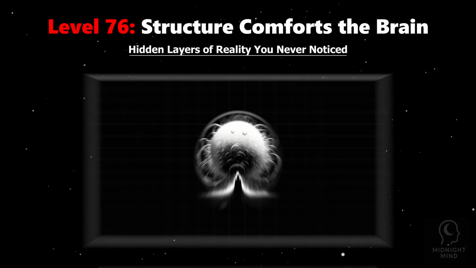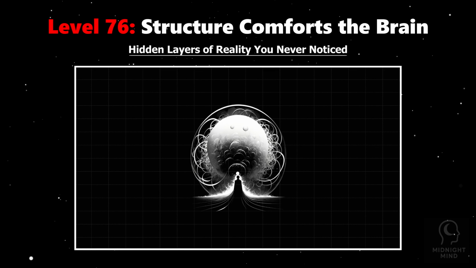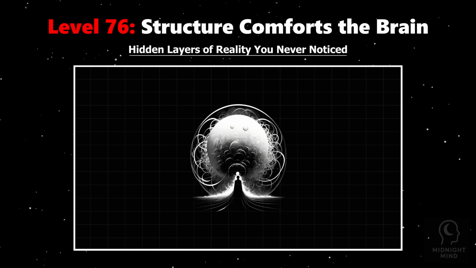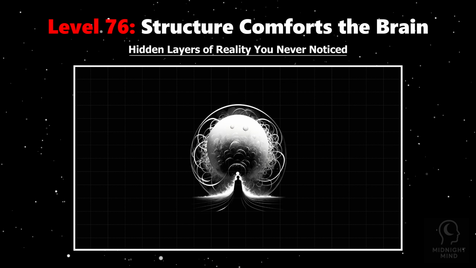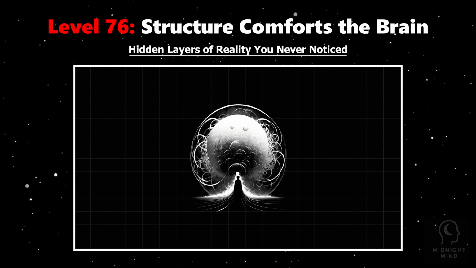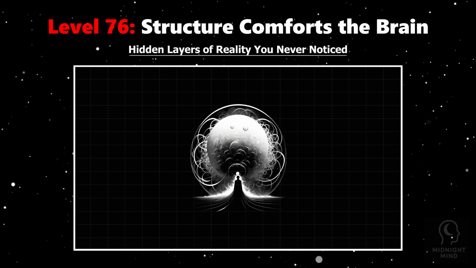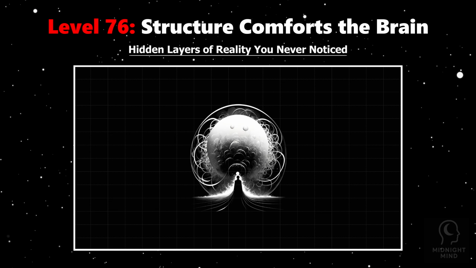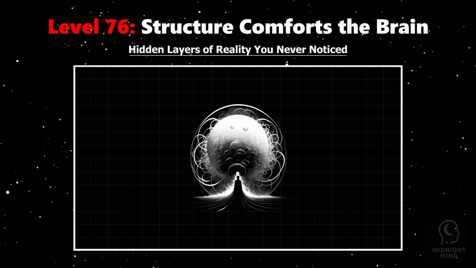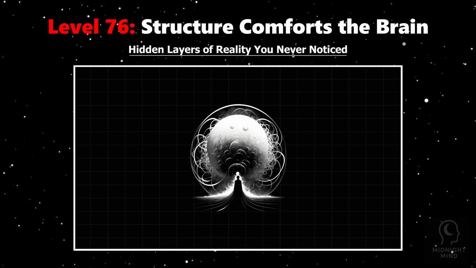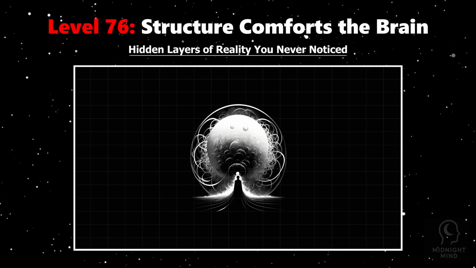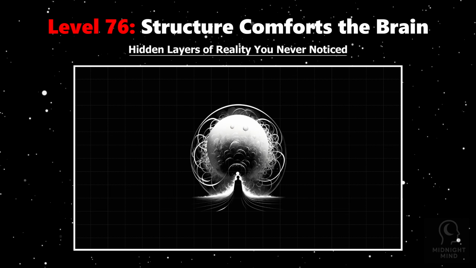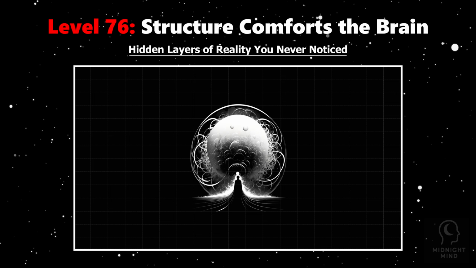Imagine living in a world of endless noise and unpredictability, where every moment threatens to overwhelm your senses. In such chaos, repetition, ritual, and symmetry become more than comforting. They become essential scaffolding for your brain, helping it build order amid disorder. These patterns don't just soothe anxiety, they provide a framework your mind clings to when reality feels too complex to grasp. Neuroscience shows that the brain craves predictability.